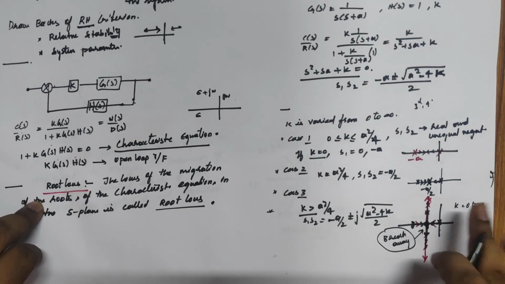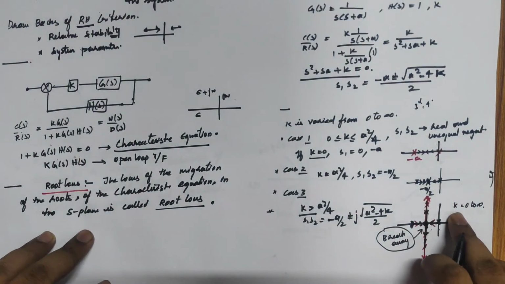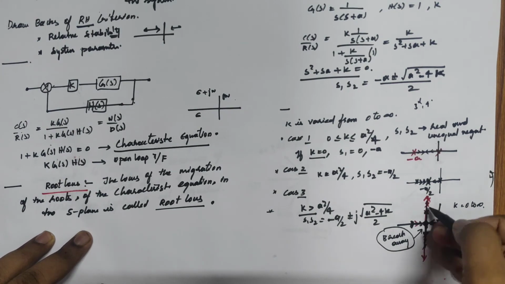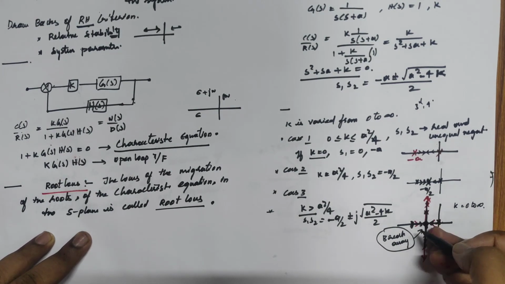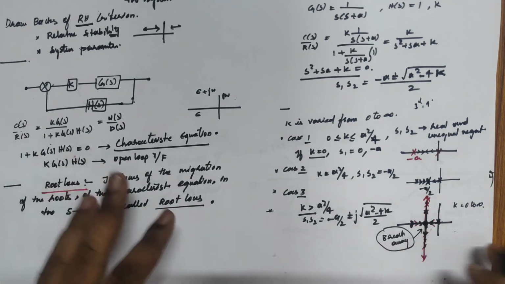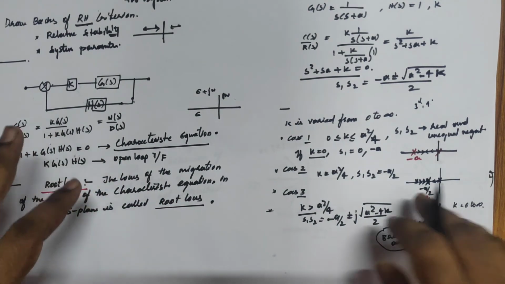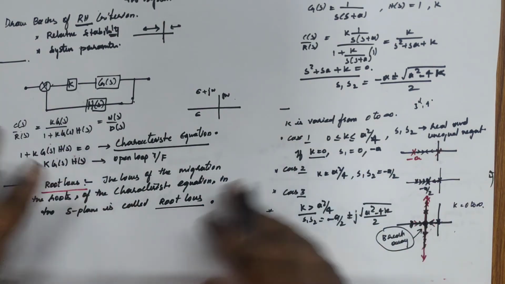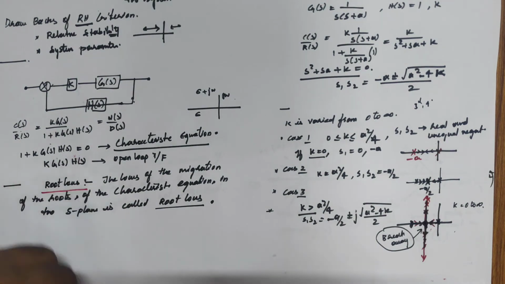The whole concept is that with the variable k value from 0 to infinity, my poles are locating, shifting and migrating. In the next classes, we'll go to a few rules, where we will deal not only with second order but also with third order, fourth order, etc., and we'll discuss many more things.